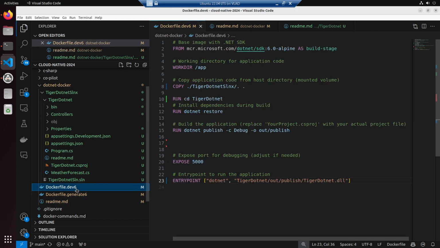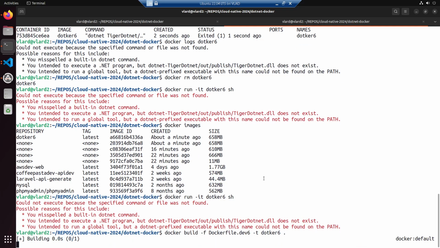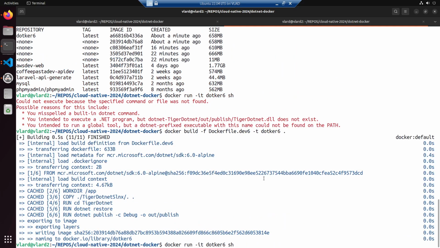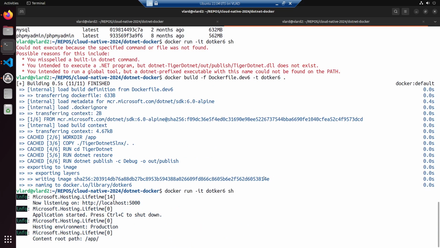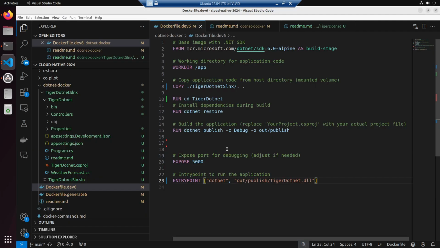So okay, so it doesn't exist. Okay, so this might be correct then. Let's just build, then docker run sh. Oh,